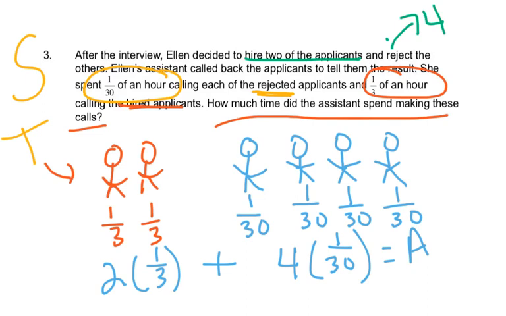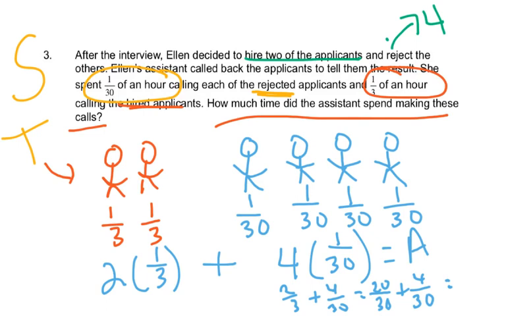So my answer is going to be 2/3 plus 4/30. And again, I don't have a calculator with me right now. So 2/3 plus 4/30. I'm going to have to get a common denominator. So that's going to be 20/30 plus 4/30. You do not have to do all this because you can use the calculator and get an answer